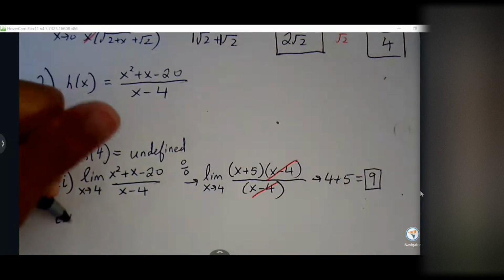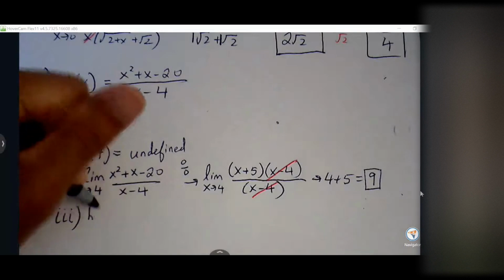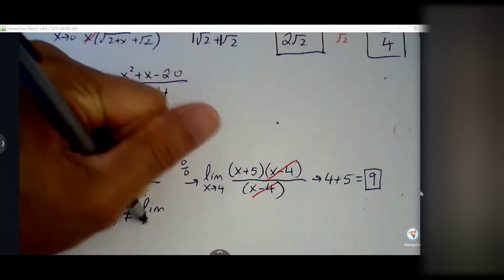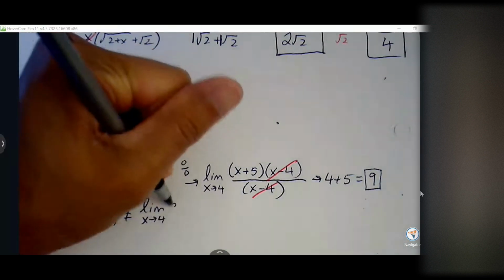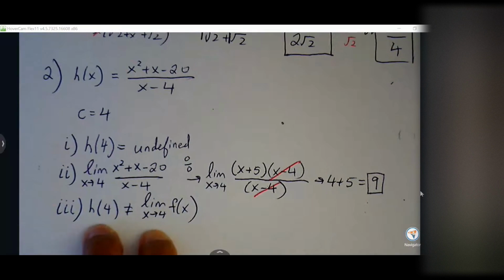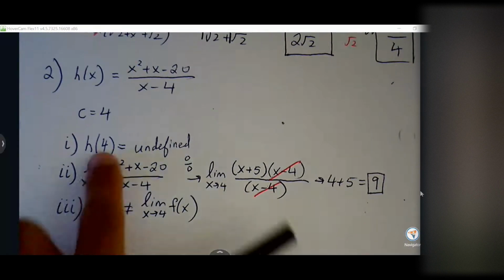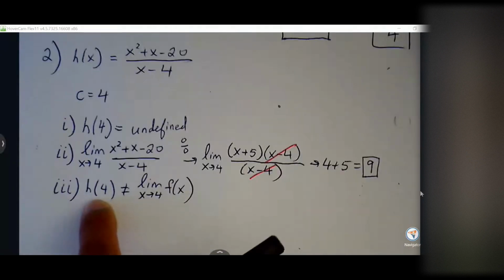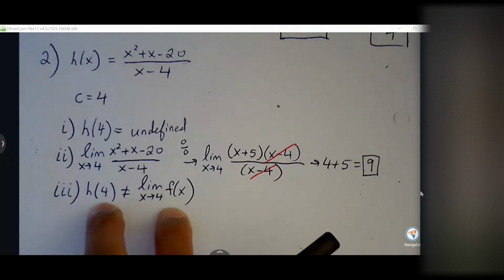And we see there's an issue, right? We see that h of 4 does not equal the limit. And I think for this problem, it asks us to figure out what to make h of 4 equal to. But I do want to point out this specific step here,